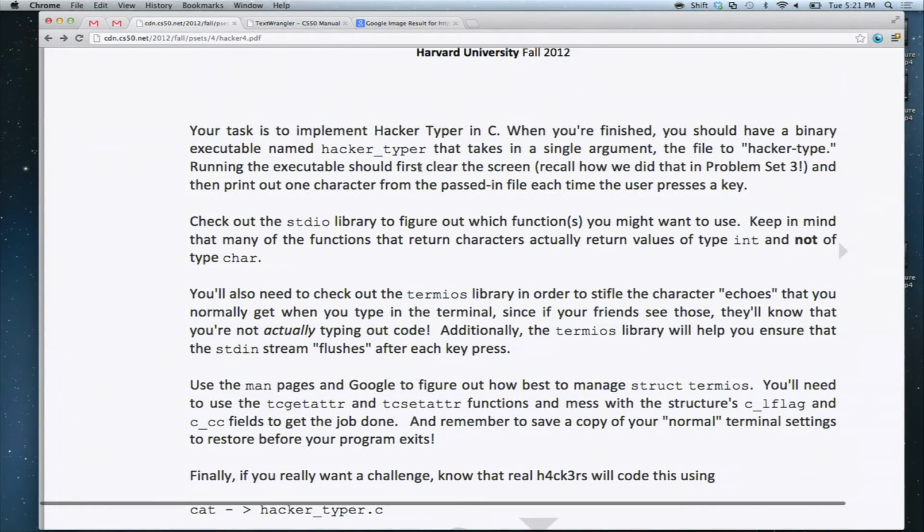So you should have a binary executable named hacker typer that takes in a single argument, the file, to hacker type. Running the executable should clear the screen and then print out one character from the passed-in file each time the user presses a key. So whatever key you press, it should throw away and instead print a character from the file that is the argument. So it says, and I'll pretty much tell you what the things we're going to need to know are,